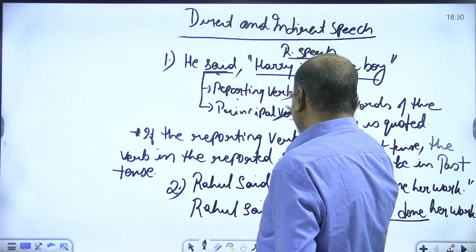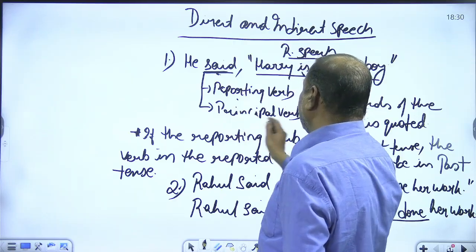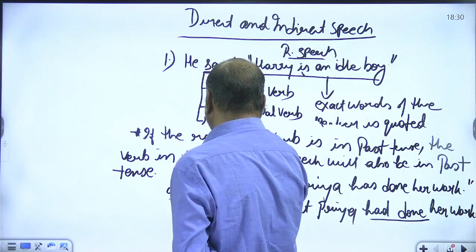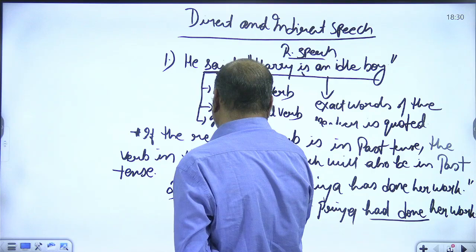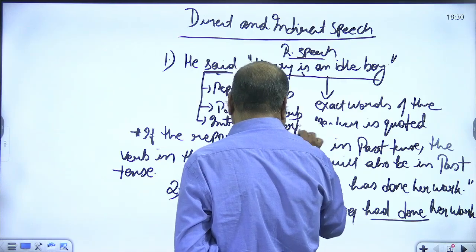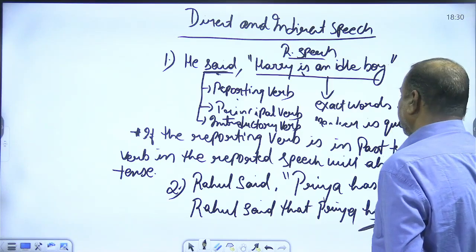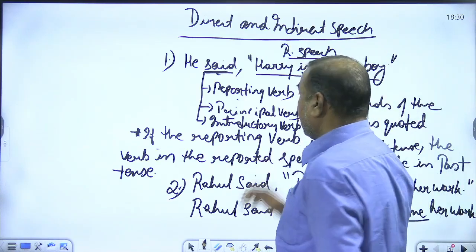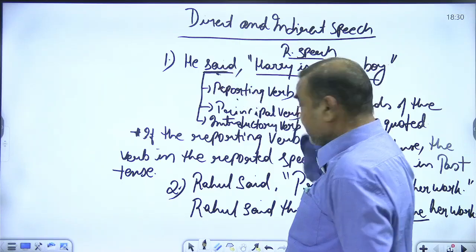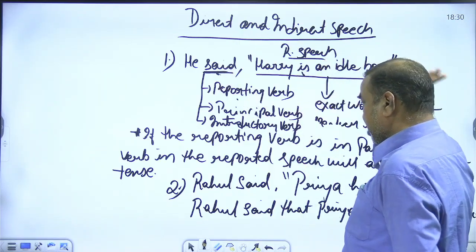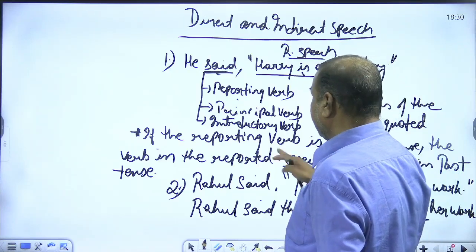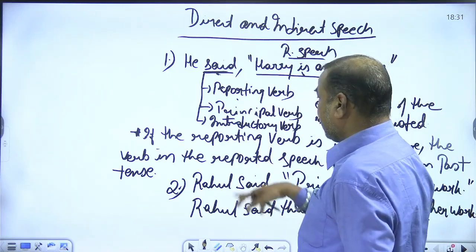Here your reporting verb is said, or we can also call it principal verb. We can also call it introductory verb because it is introducing the sentence. Introductory verb भी कह सकते हैं, ठीक है। अच्छा, फिर हमने बताया if the reporting verb is in past tense, then the verb in the reported speech, जो is है, it will also change to past tense, मतलब is का was हो जाएगा। जैसे हमने पहला सेंटेंस लिया, he said Harry is an idle boy,